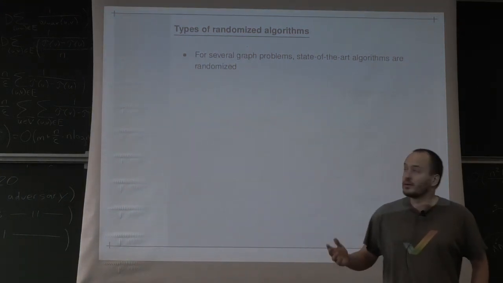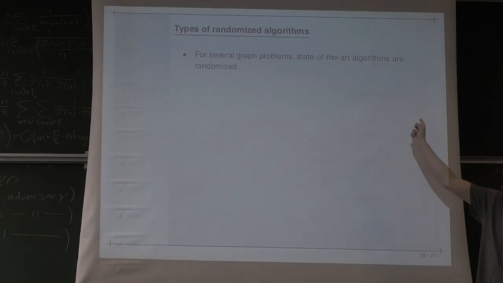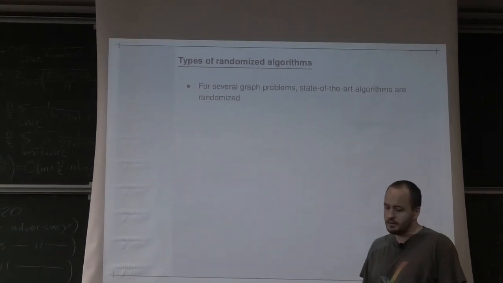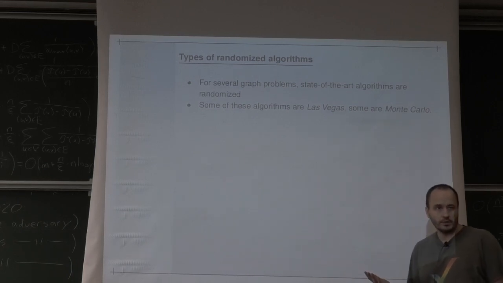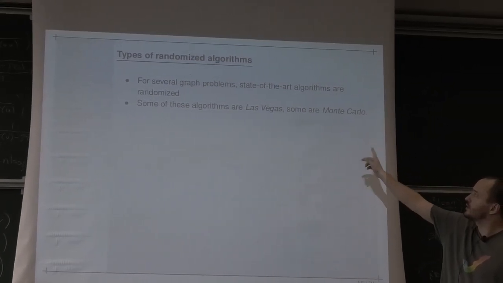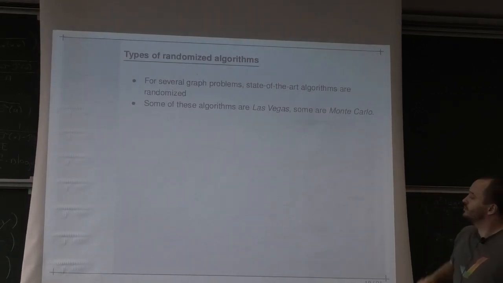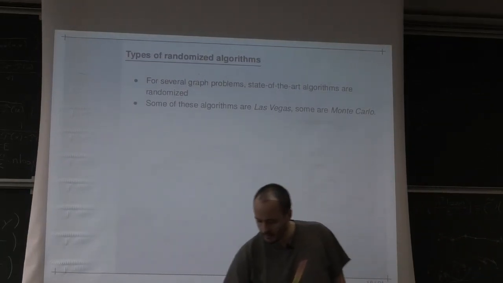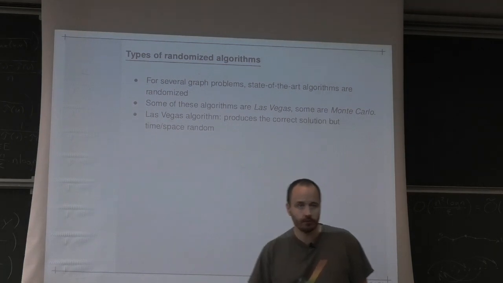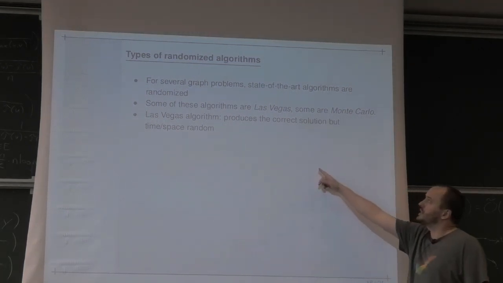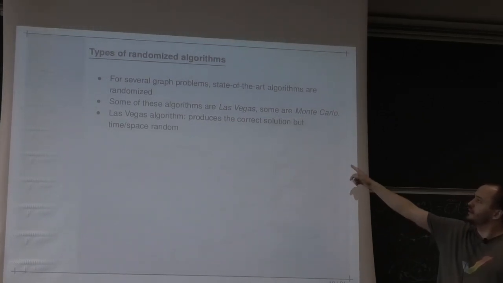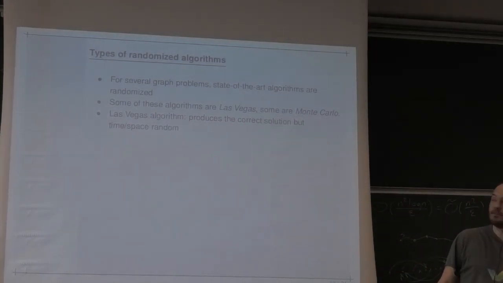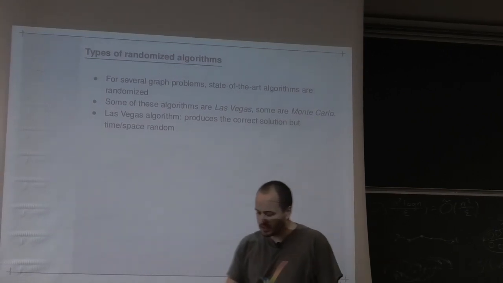So for several graph problems, including dynamic graph problems, the fastest algorithms known are randomized. And there are 2 types of algorithms or data structures. I think we already talked about this, Las Vegas and Monte Carlo. So just in case you don't know what that means, a Las Vegas algorithm always gives the correct solution, but time and space are random. And Monte Carlo